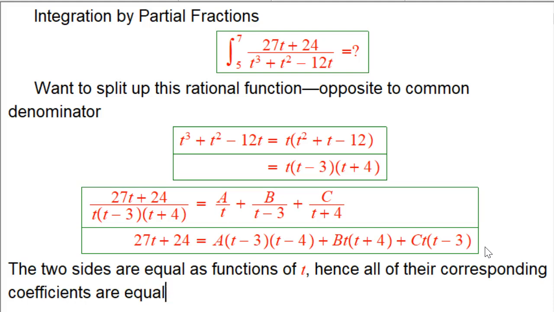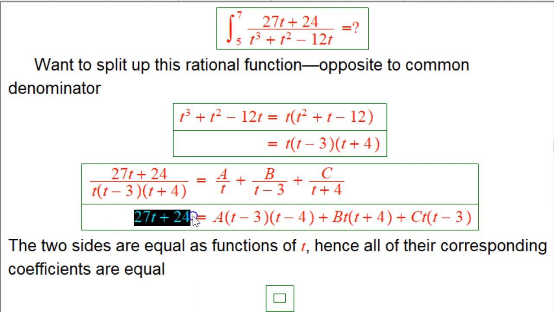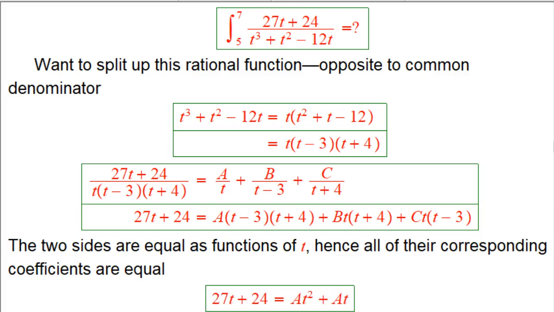So that's one way we can do this kind of problem. That's actually the more general way, and I'll show you a special way that would work in this fairly simple case. So what does that mean? Well, I'm going to have to actually expand out what the right-hand side polynomial is. So we have a little bit of algebra to do. So we got a t squared, just multiplying it all out. We're going to get a t squared. That's a t plus 4. Sorry about that. A t squared plus a t minus 12a. Okay, that looks familiar because it just was the same thing as what we had started out with